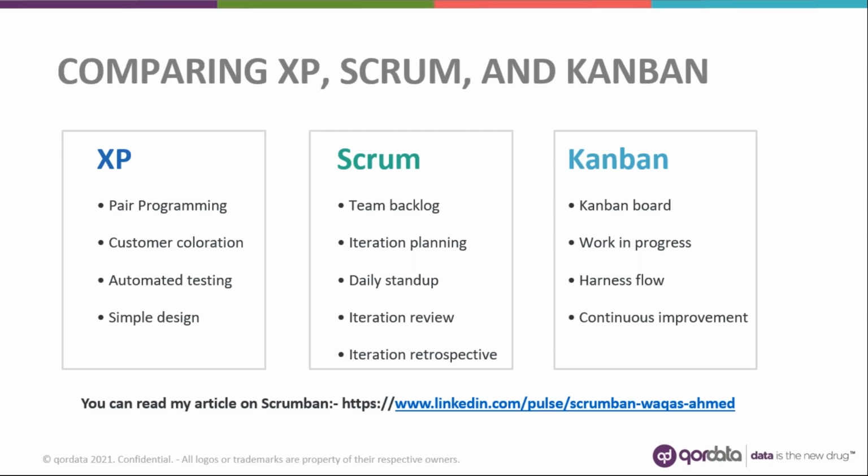To get more understanding of Scrum Ban, you can have a look at my article, which I've written on LinkedIn. It's a mixture of how you can implement Scrum and Kanban for your team, where you need some processes from Scrum, and you want to benefit from Kanban as well. It creates a good mixture of implementation, and it depends on the environment you currently have and what kind of engagement you have with your developers. It's also more suited towards remote teams, from what I have learned in my implementations.